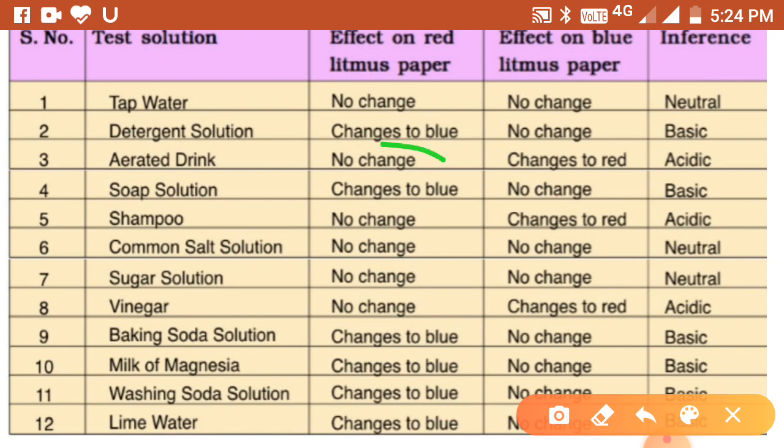It will not change. But when we dip the blue litmus paper into the solution, its color will change into red, and this indicates that the solution is acidic. Now you can see here, when we dip the red litmus paper into the solution and it turns blue,